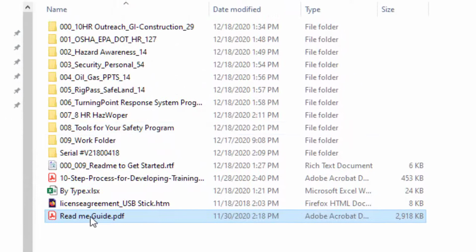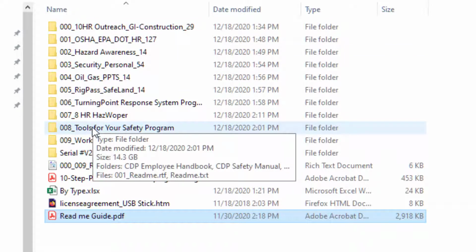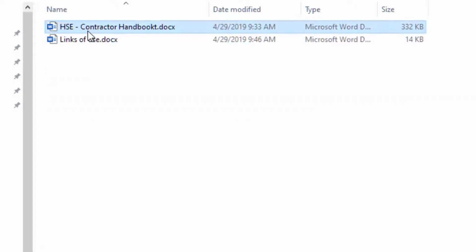Now, what I'm going to do now is close this out. And you'll notice, I want to talk a little bit about the tools. The rest of these are topics, and most safety people know what these topics are. But the tools we have out here, here's your employee handbook. And you'll notice that when you open it up,